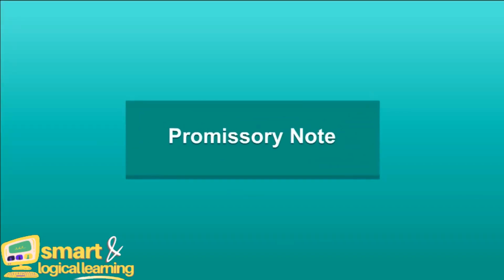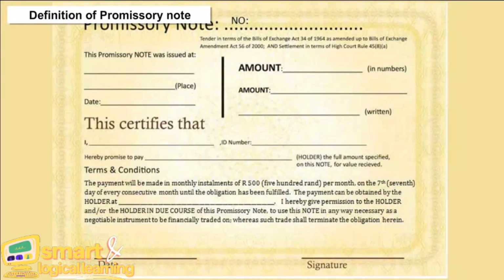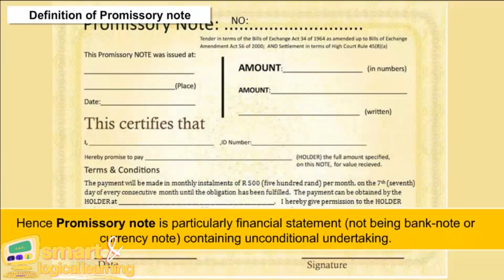Promissory note. Definition of promissory note. A promissory note is a legal instrument in writing in which one party, that is the maker or issuer, promises to pay a certain amount of money to the other party, that is the payee, on a specified date under specific conditions. Hence, a promissory note is particularly a financial statement, not being a bank note or